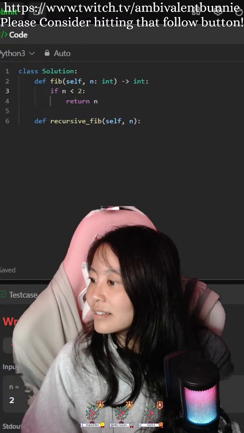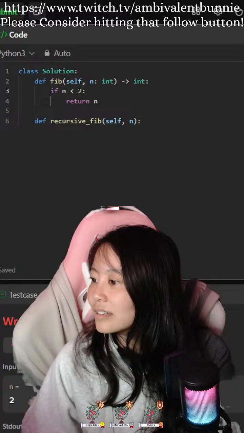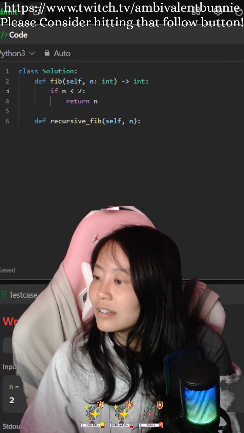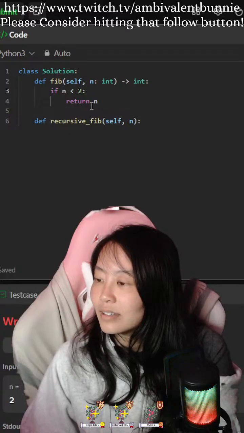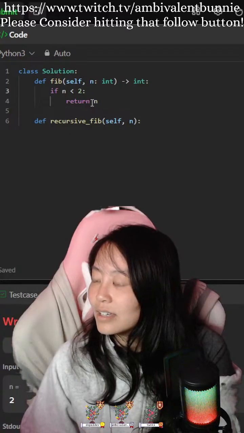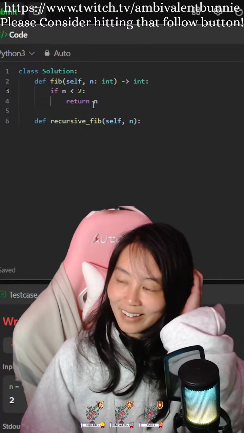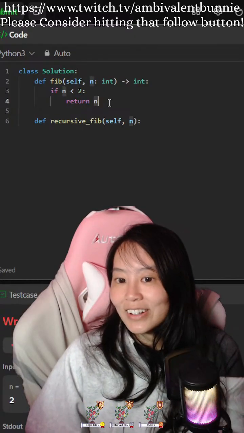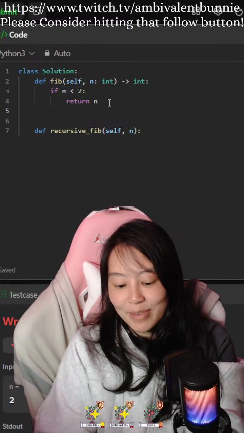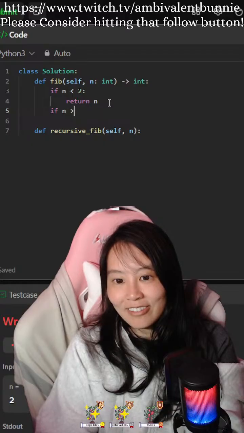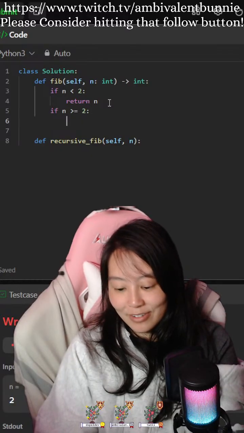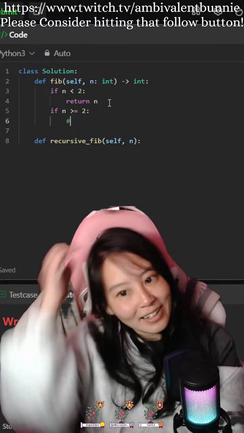Yes. Okay. Is greater than 1 or greater than or equal to 2. So it would be if n is greater than or equal to 2, we would do the recursive here, right?